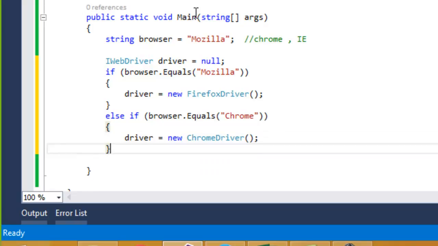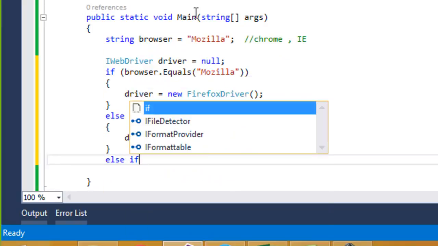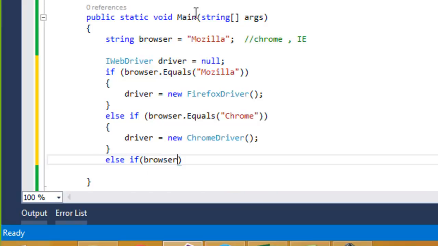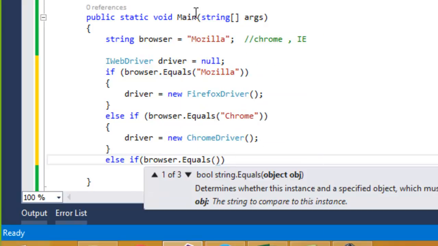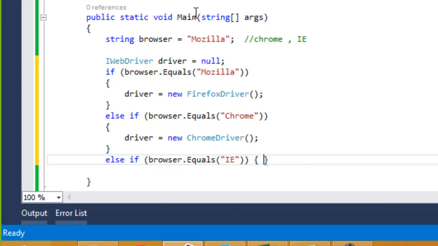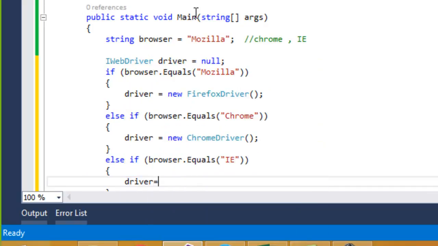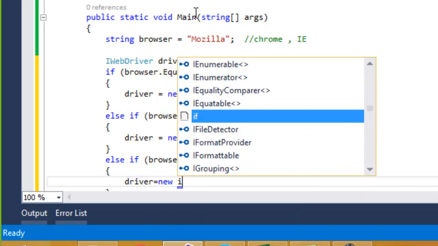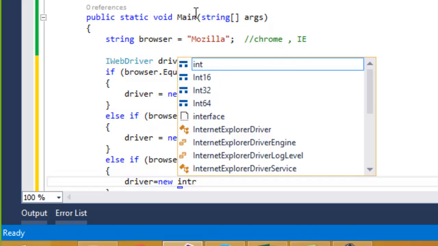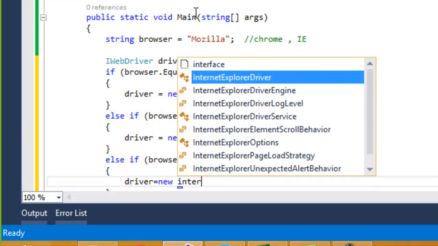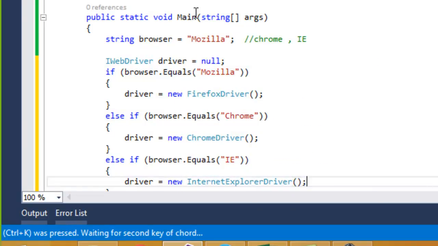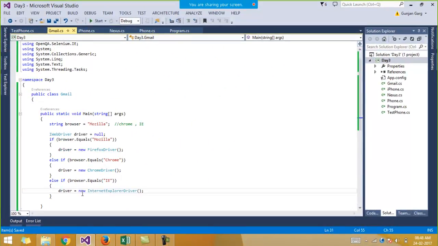And else if the browser is equal to IE, then the driver will be pointing towards the Internet Explorer driver. So it will be pointing towards the respective browser.